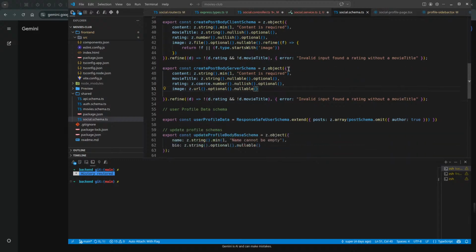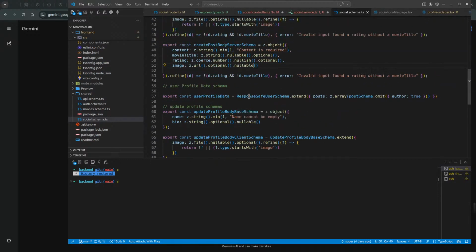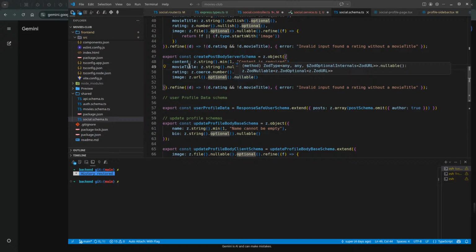Create post body client, create post body shape. هو ليه undefined يعني؟ الموفي title string non undefined. movie title عايزين string nullable dot optional. فليش في undefined بقى؟ أنا ما مفهوم يعني.